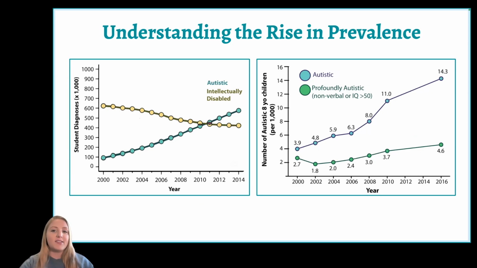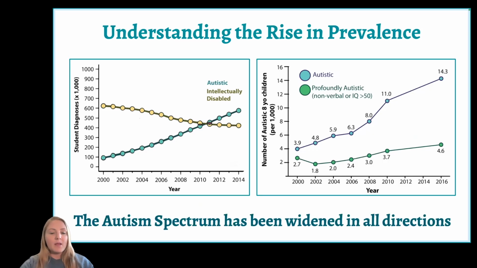Instead, the data suggests that autistics with lower support needs, who might not present in the more historically defined or stereotypical ways, are now getting diagnosed more readily. So, in other words, with the recent increases in both understanding and recognition, the spectrum has widened or grown broader in all directions, and more individuals are being identified as autistic today who would likely have gone completely unrecognized in earlier generations. And if we think of it, many of us probably know someone in our family or communities who, if they had grown up in today's age, would almost certainly have received an autism diagnosis.